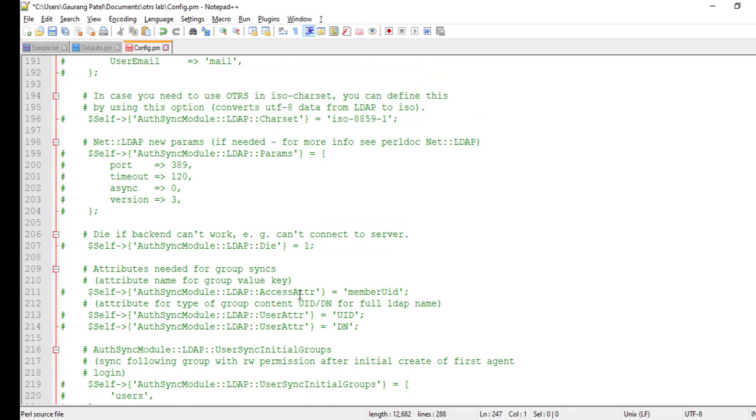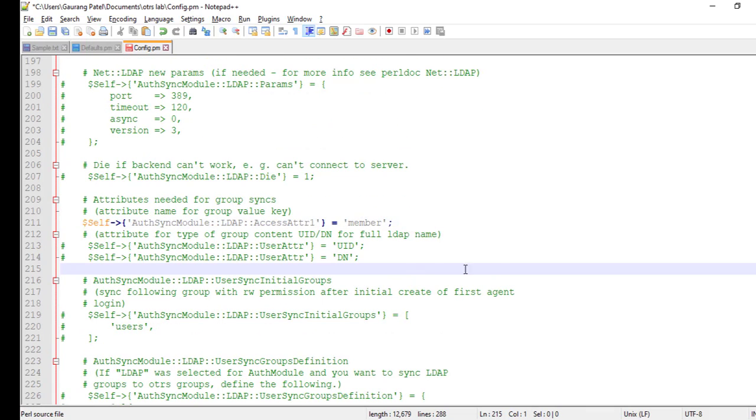Now let's modify. Let's uncomment this line because we want to synchronize the authentication module. Give 1 here. Remove the UID, because UID is for Unix LDAP, and we are using Microsoft LDAP.